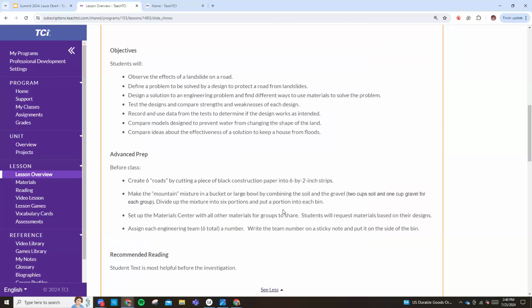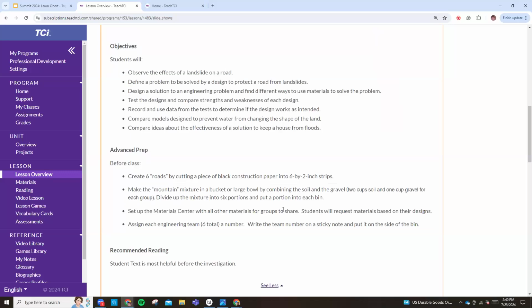And then it'll give you your objectives. So in this lesson, students are going to be observing the effects of landslide on a road. They're going to define a problem that's going to be solved by a design to protect the roads from landslide. They're going to then design the solution to that problem. And they're going to engineer to find ways to use materials to solve the problem of erosion and landslides taking